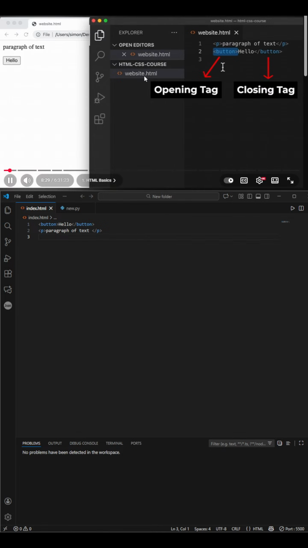opening tag as the start of the button and the closing tag as the end of the button, and then